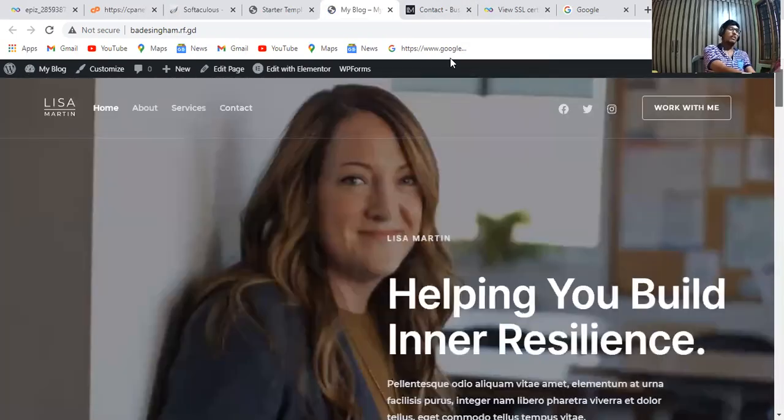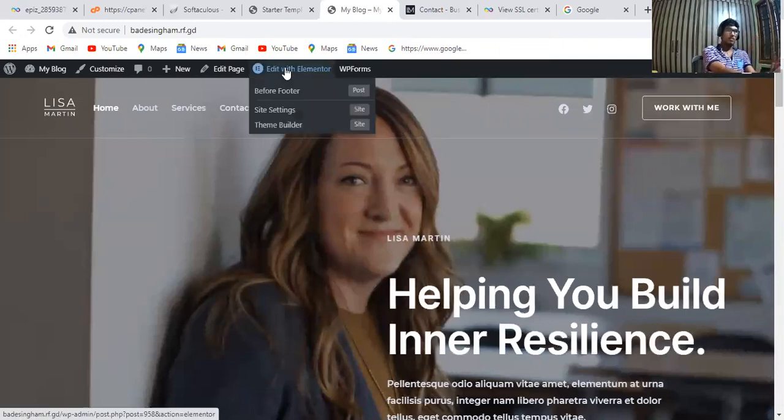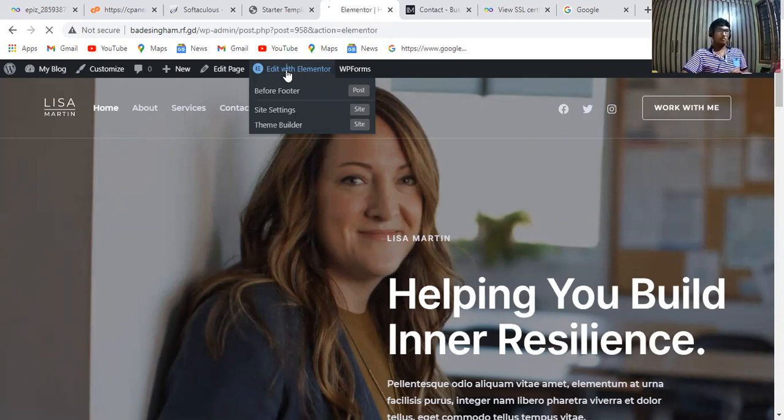Now I'm going to edit all these. After that, at the top there is Edit with Elementor. Now I'm going to click on Edit with Elementor. So now I'm going to edit all these things. Let's watch, everyone, very carefully.